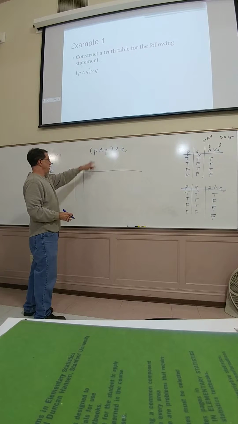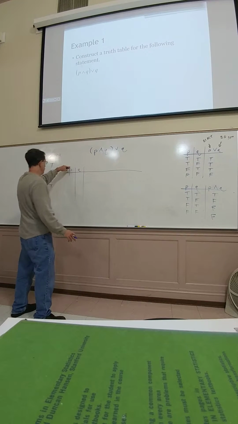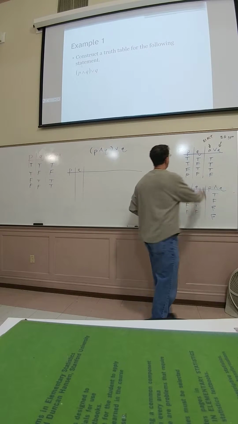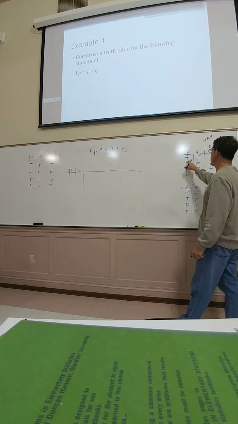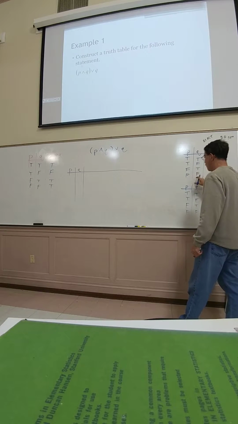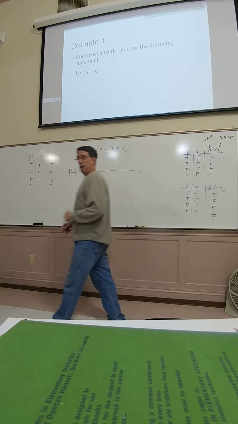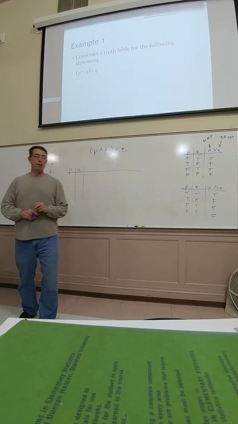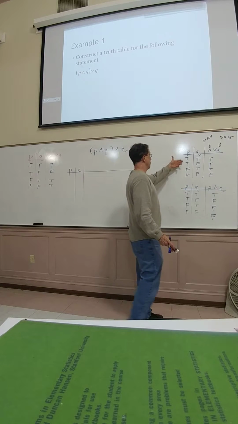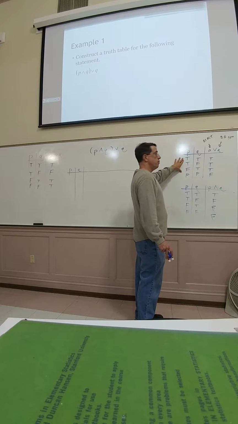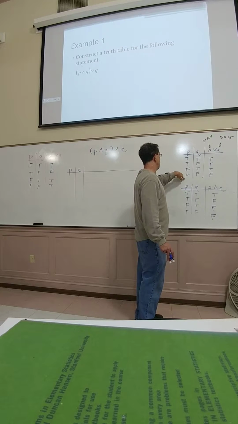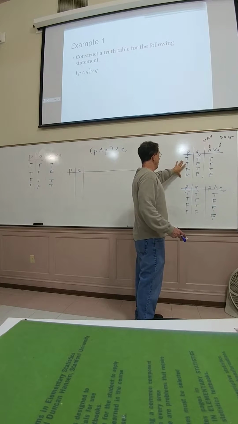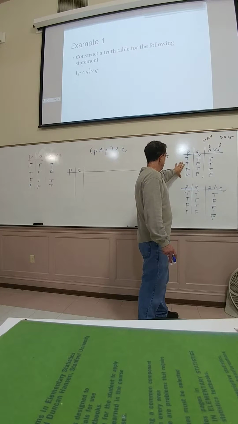Obviously, we have the statement we need to make a truth table for, and we're going to do P, Q, and if you notice, I've been consistent in this pattern: true, true, false, false, true, false, true, false. And as you know, a statement can be true or a statement can be false. Something I probably didn't make real clear is, why am I doing this pattern? Well, it's every combination. Now, if you go T, T, F, F for P, and T, F, T, F for Q, that is every possible combination